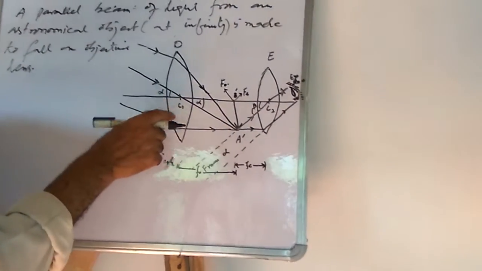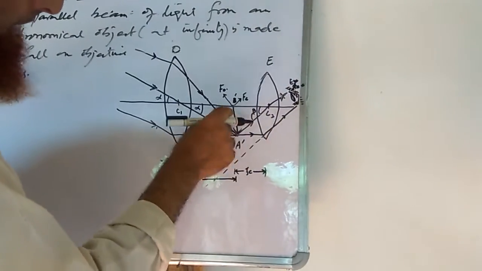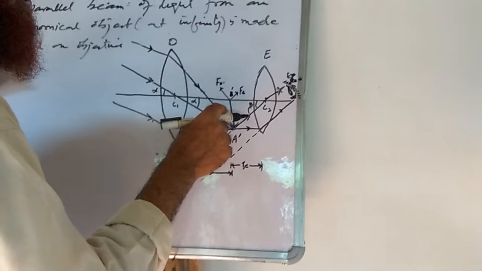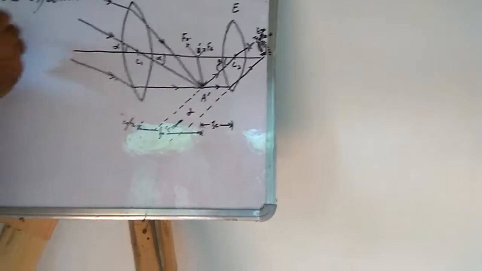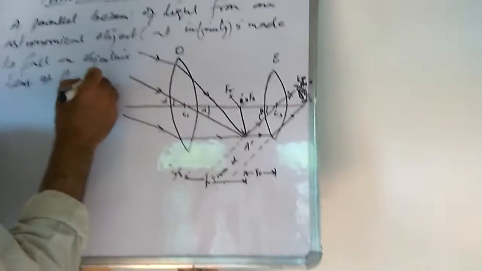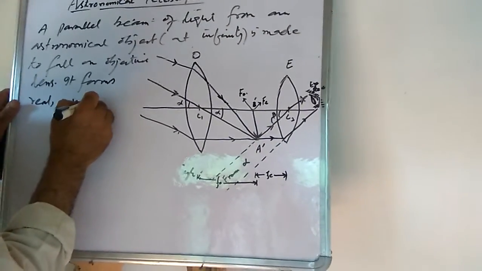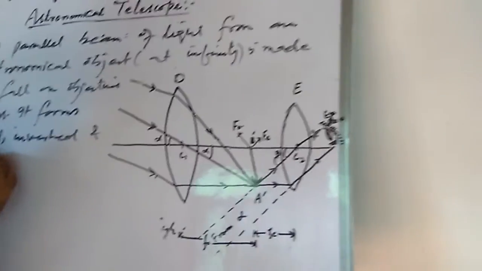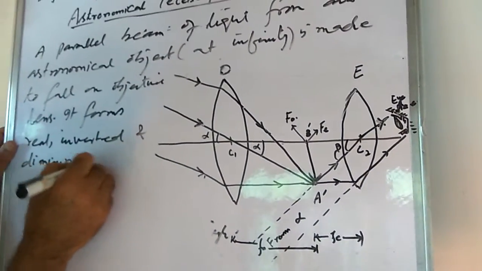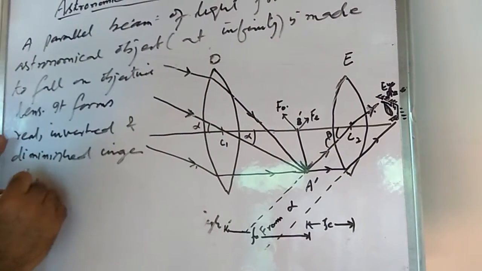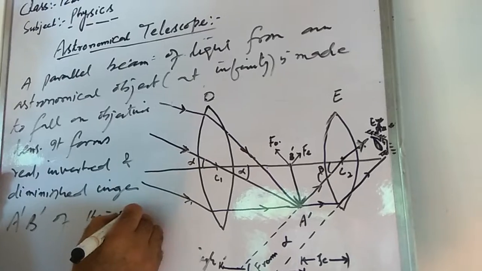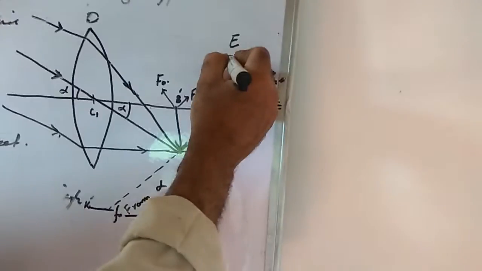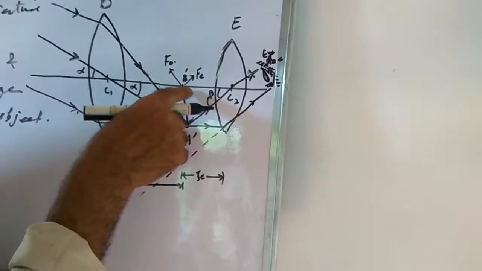Now look, this objective lens forms the real, inverted and diminished image. Here I will write it A dash B dash. This is the diminished image of the object which is at infinity. It is formed by the objective lens. That means it forms a real, inverted and diminished image A dash B dash of the object. Now dear students, the eyepiece is so adjusted that this image A dash B dash lies on the focus